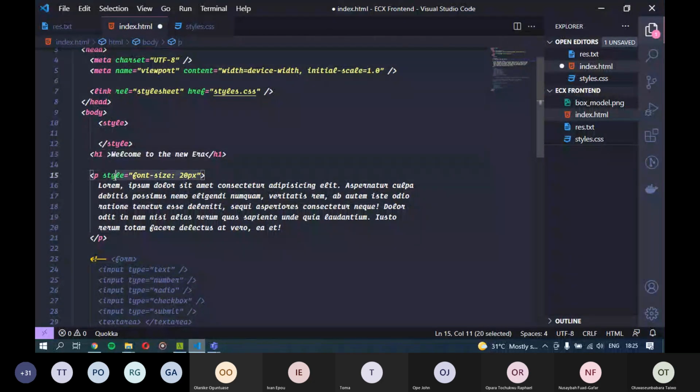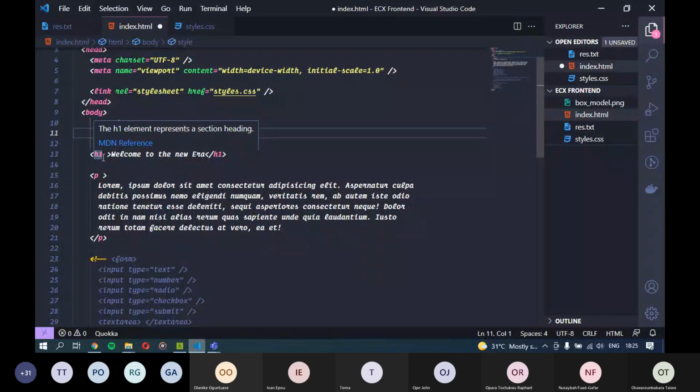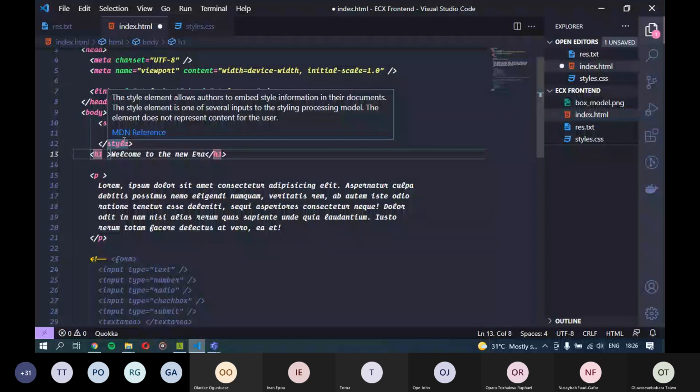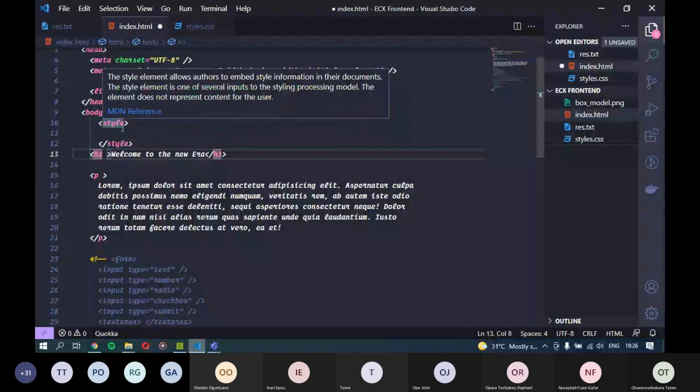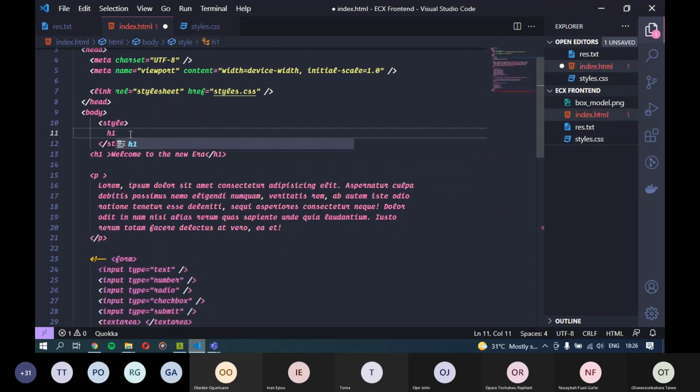So if I want to style the H1, I need to have a way to access the H1, because from here I could just assign the style directly to it. But by using the style sheet, I've now left the element. So I need a way to access that element. The way we do that is by using what we call selectors in CSS. One of the most basic selectors is the name of the tag itself. So if I want to style the H1 tag, I'll just type H1. Then I would open a curly brace.